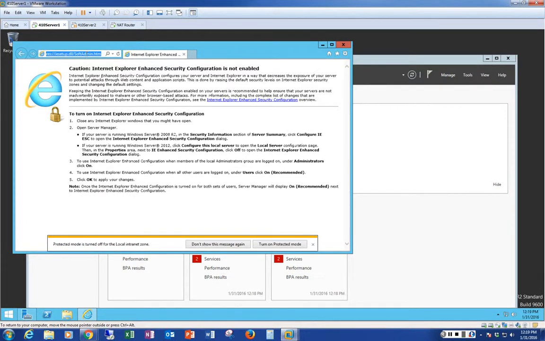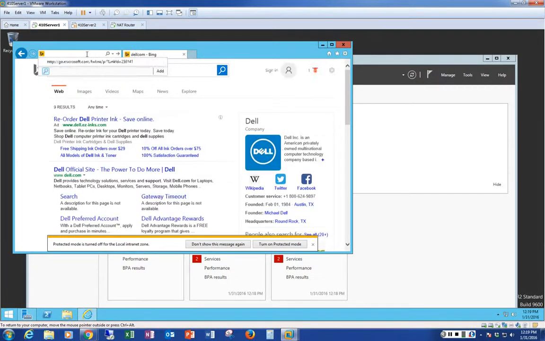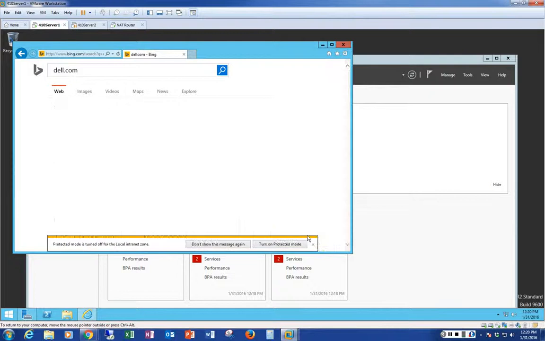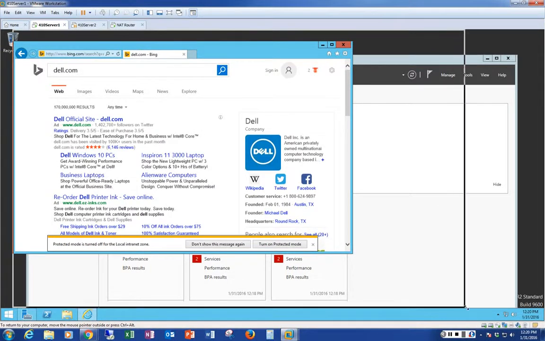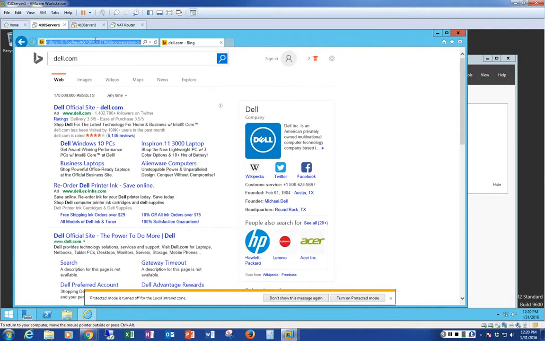And let's try to get to, let's say, Dell.com. Oops, I might have typed it wrong. Dell.com. Looks like I'm connected to the internet. The computer's a little slow. I've only got 4 gig of RAM in this machine, and I've got a couple of VMs running, some websites open, and that type of thing. I must have still typed it wrong. Okay, but at any rate,